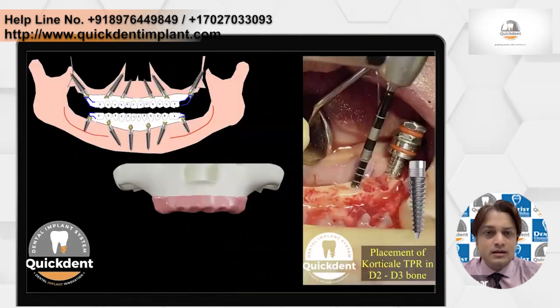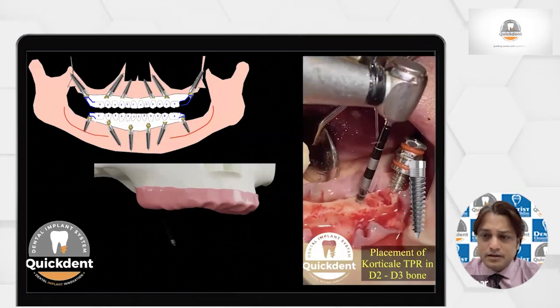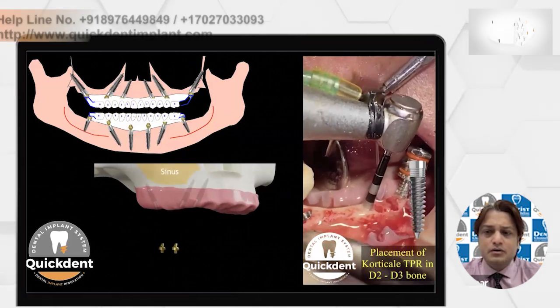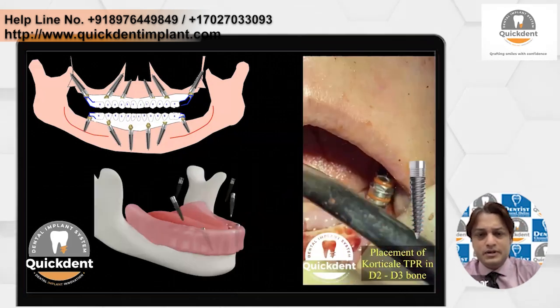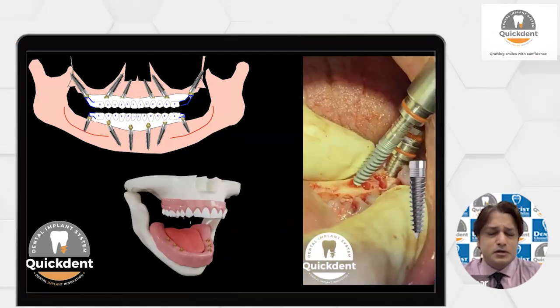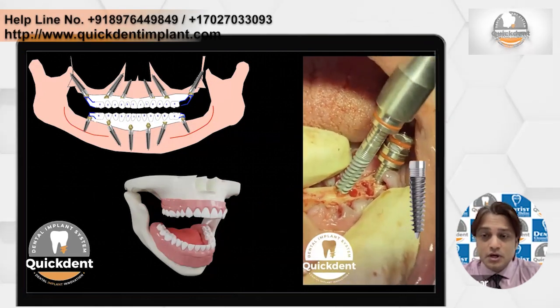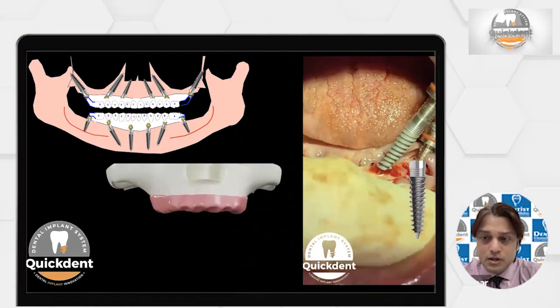This case was done with the QuickDent cortical TPR implants. With minimum drilling, you can place this implant because they are super active implants, and I just love it. They have a crystal polished surface, so it can overcome periodontitis or peri-implantitis related issues, and if any future crestal bone loss happens, that can still be controlled.